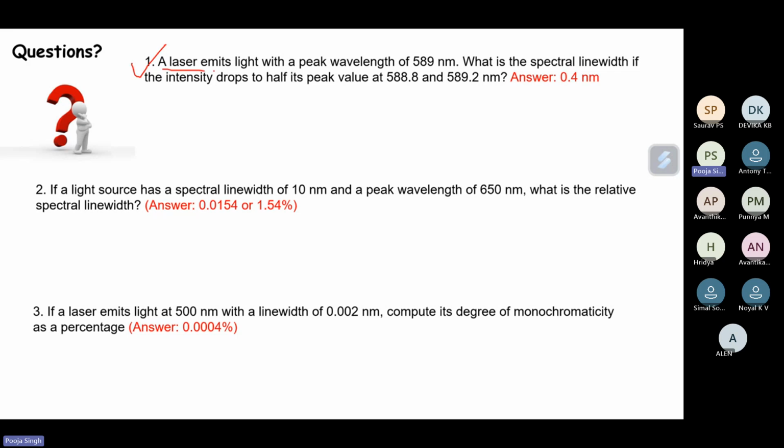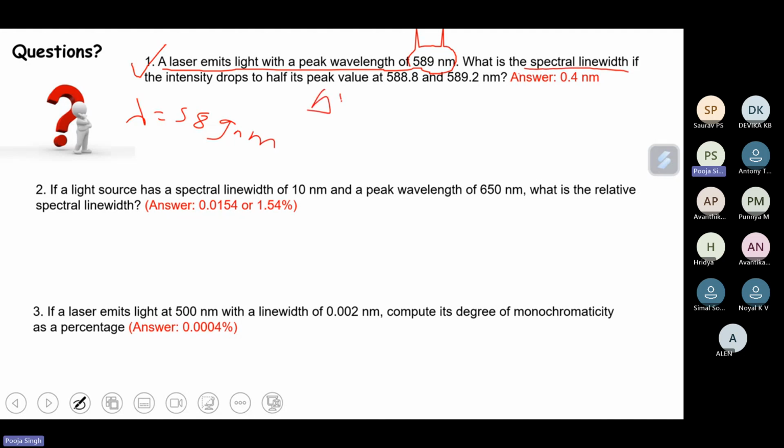A laser which is emitting light with a peak wavelength of 589. So peak wavelength is given, that means lambda is given, right? So what is the spectral line width? Spectral line width means delta lambda. If the delta lambda is asked, if the intensity drops to half its peak value at